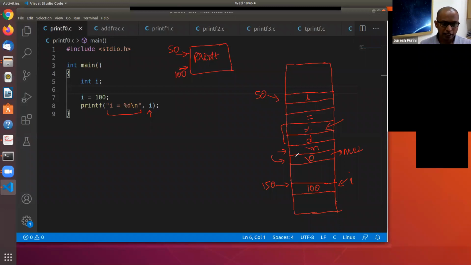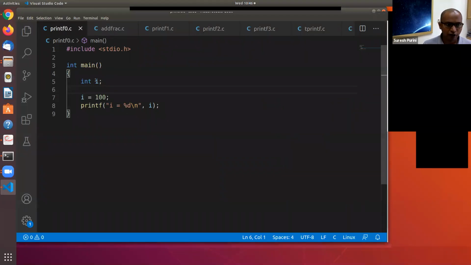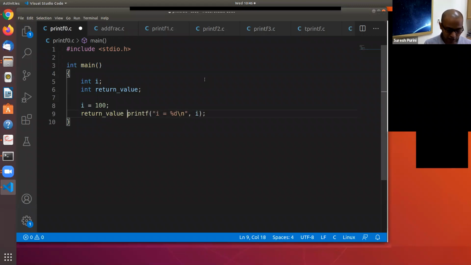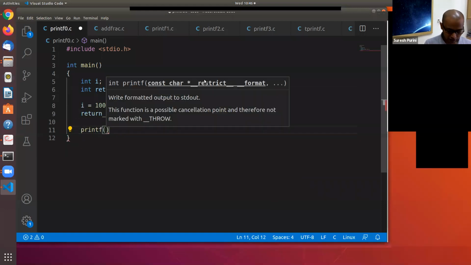And the second thing is that printf is a function, so it returns some value also. What it returns is the number of characters that it successfully printed on the screen. For example, let's use one more variable, int return_value. Whatever value printf is returning, we will store in this variable return_value, and then we will say printf